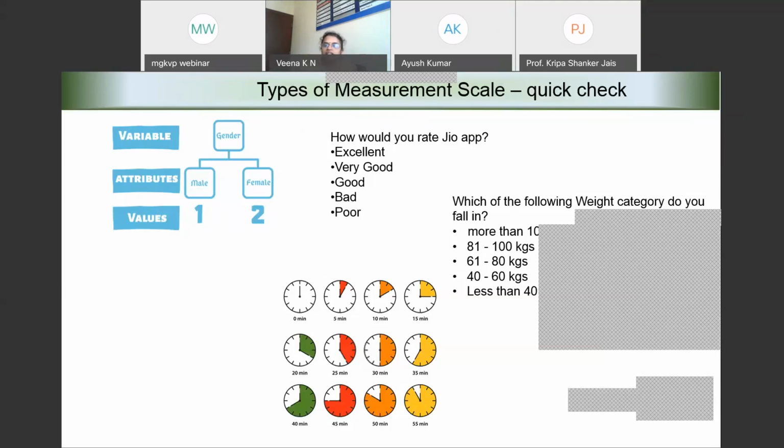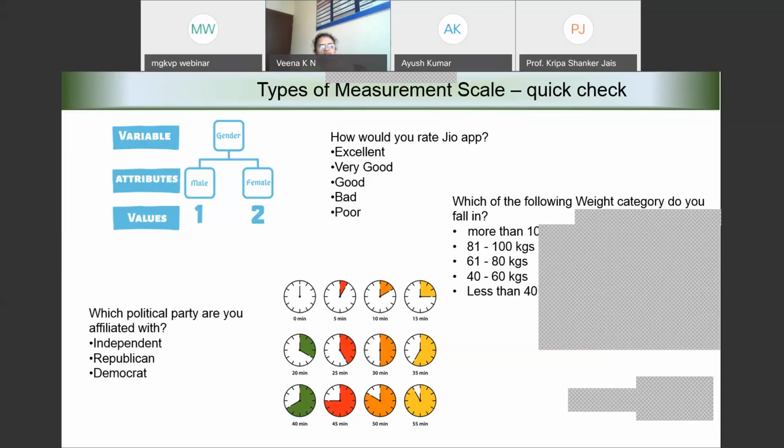Somebody who does it in 5 minutes has done it faster than somebody who has done it in 15 minutes. So the second classification is true. And the third part, can I know how much is the difference between each group? It is again yes, because the first group is within 5 minutes, the next group has taken more than 5 minutes. So I know the number of minutes difference in the completion of the work also. Therefore, this is interval. Some of you have said interval, it is correct.